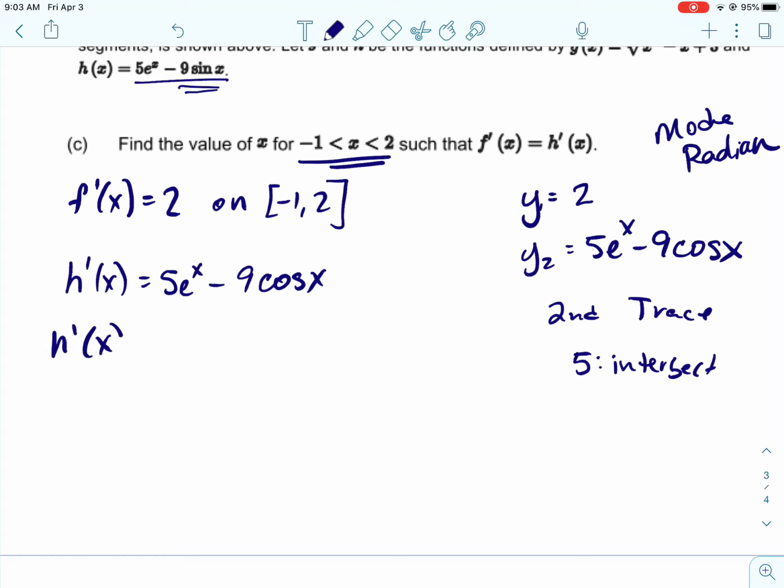I found the wrong point. I'm sorry. Okay, so h prime of x equals 2 when x equals